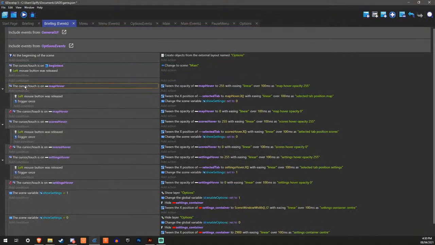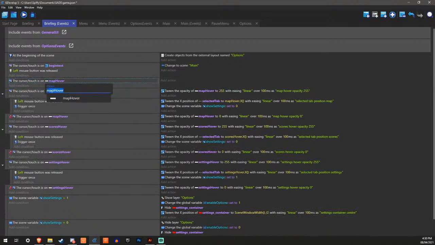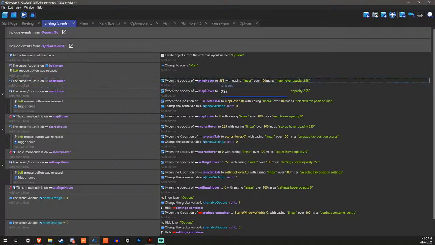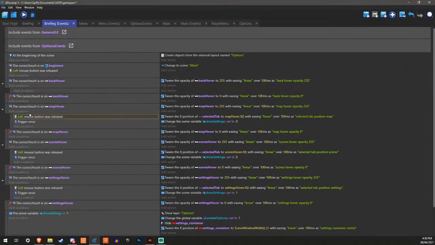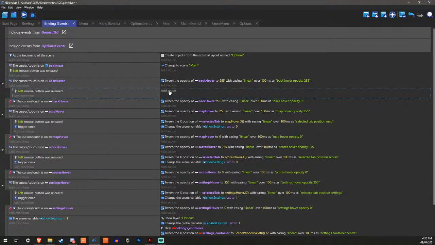Now we can do this. That's on the back cover. Between the opacity to that. Cool. Do that, don't invert this, and then 0 and 0. And then when it's released, we can change the scene.